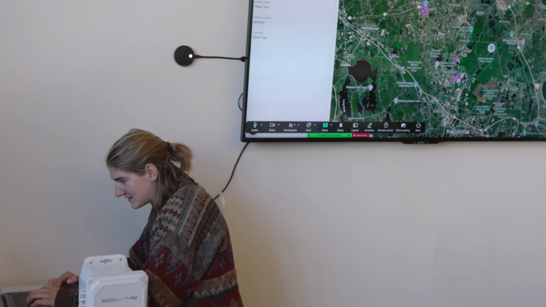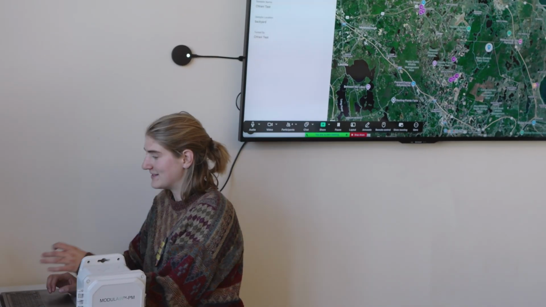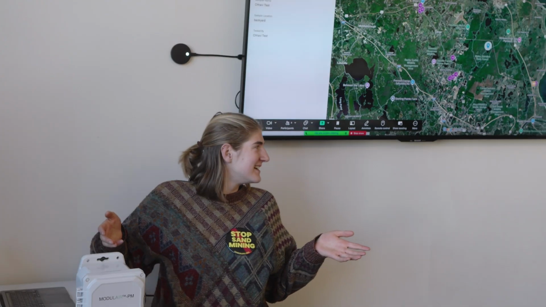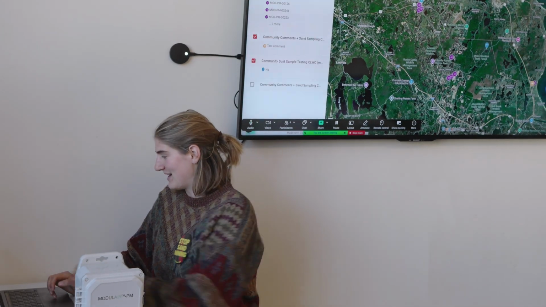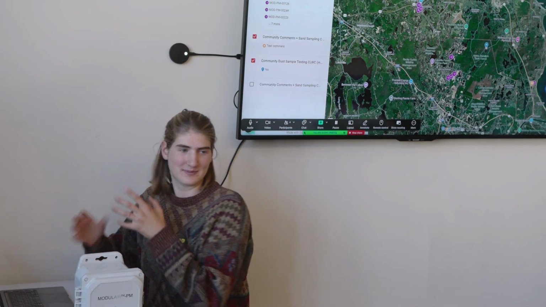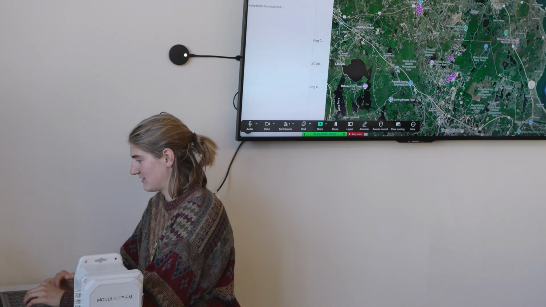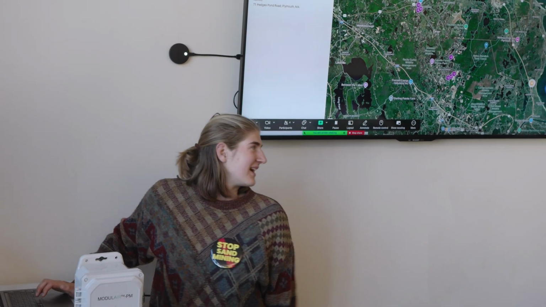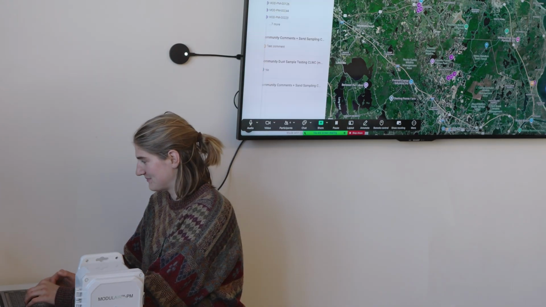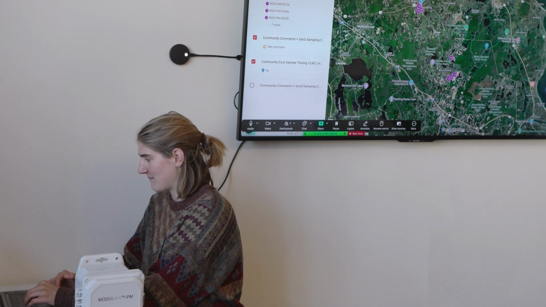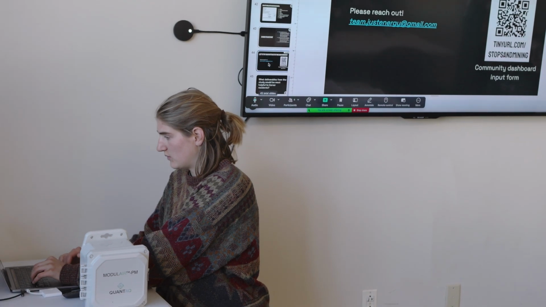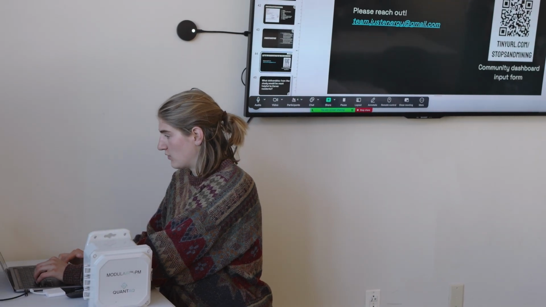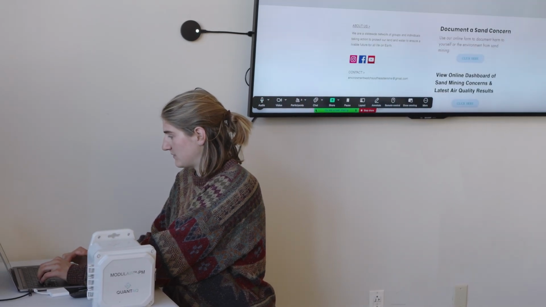Where are we? What is this? This is an example test of a collected sand mine, just that it will show up at a spot where you've collected sand. And this is a comment. Okay, that's pretty much it. Do we want to look at the form? Yes. Cool. Okay, we'll go back to Sand Wars.